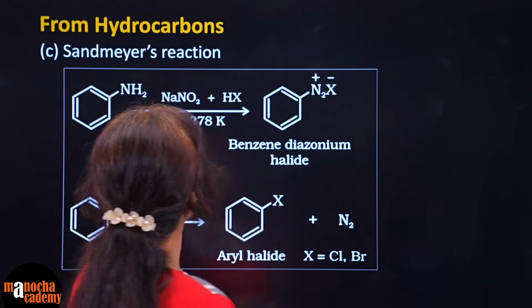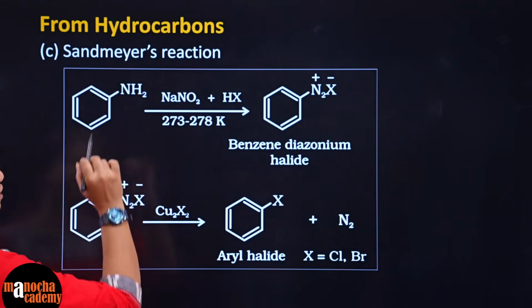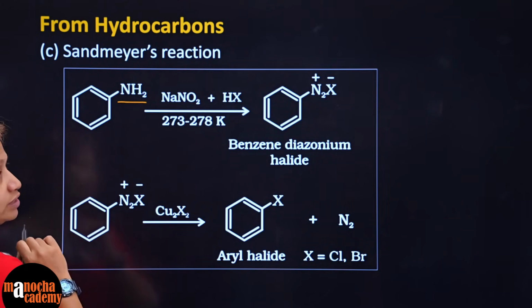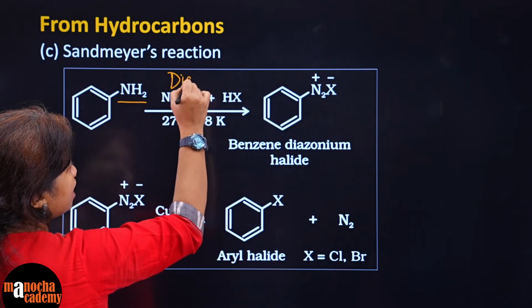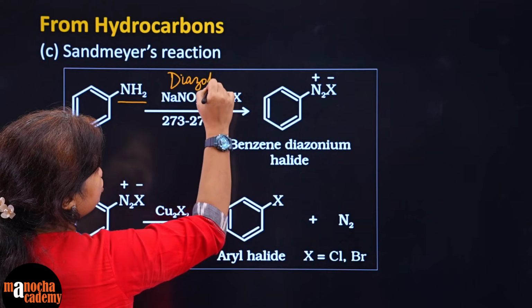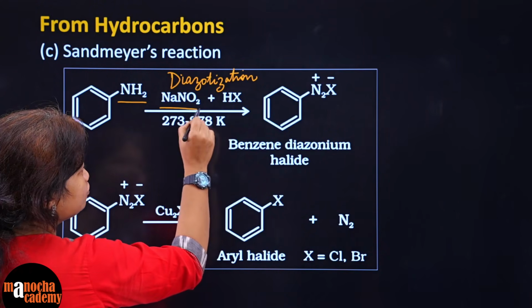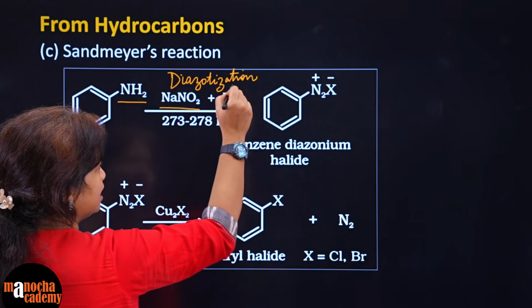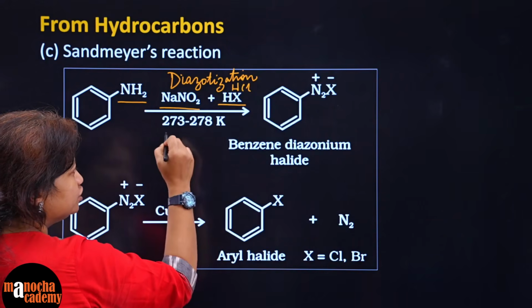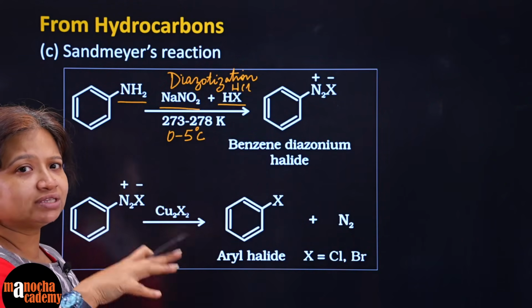Okay, now next, Sandmeyer reaction. This we'll do in detail in the amine chapter, though we have a long way to go. What are the reagents that we use? It's an amine, a primary aromatic amine. We call this step diazotization. Usually we use sodium nitrite and HCl, and low temperature conditions, 0 to 5 degrees centigrade. We have to use an ice bath. We do the reaction in an ice bath.